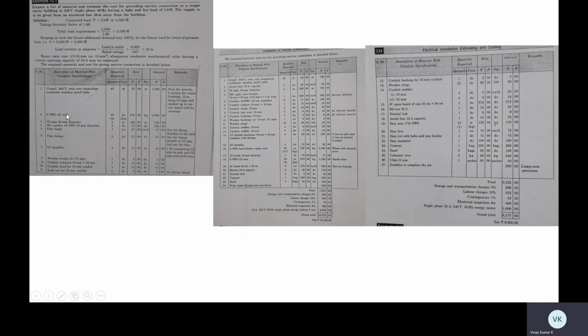Length of the cable, GI wire, GI pipe, conduits, pole clamps, pole clips, pipe clamps, GI thimbles, wood bushes, reel insulators, fuses, KitKat fuses. As I told, the KitKat fuses already, and these are KitKat fuses, neutral links, and the MCBs, Stabo. These are some other miscellaneous items that you need to remember previously. Just you have to calculate the load current here.